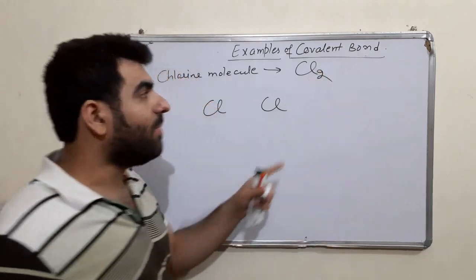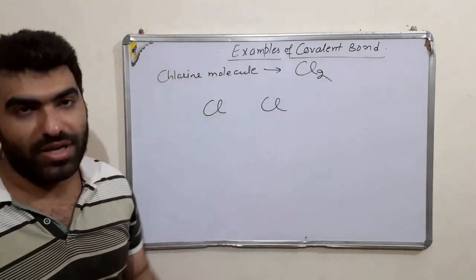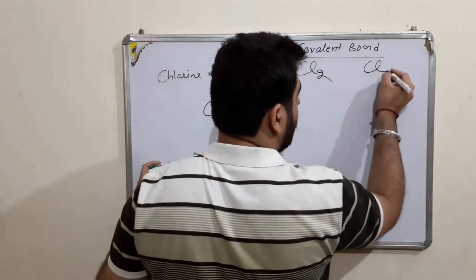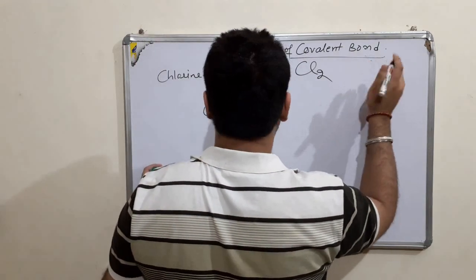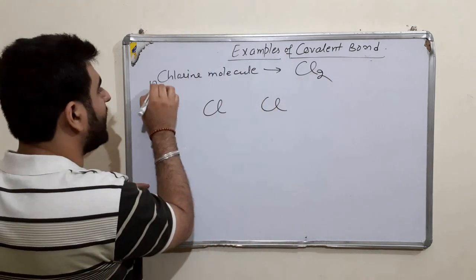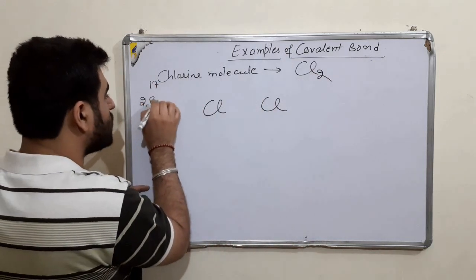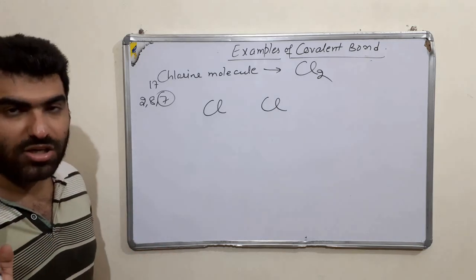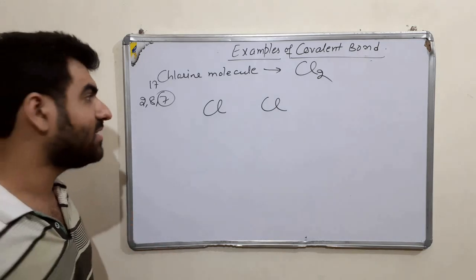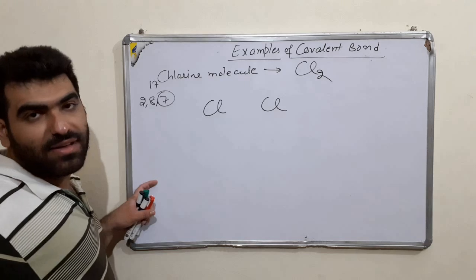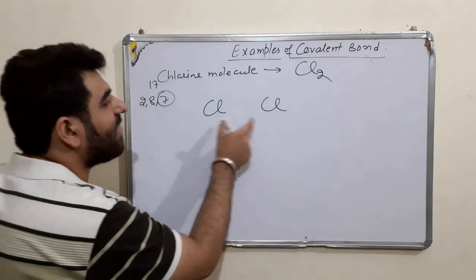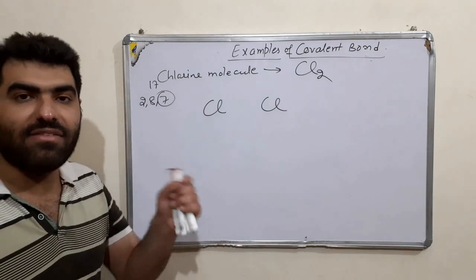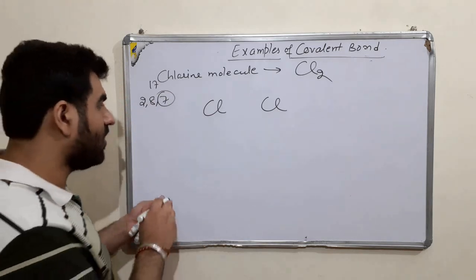So they tend to make this bond with the other chlorine. Alright. Now, the step is the same. You'll have to write down the electronic configuration of chlorine. Let me make it here. It is 17, so it is 2, 8, 7. And here we will only be concerned with the Lewis dot structure. We'll not talk about the orbital structure. So this is 7. We'll have to make the 7 valence electrons around these chlorine.